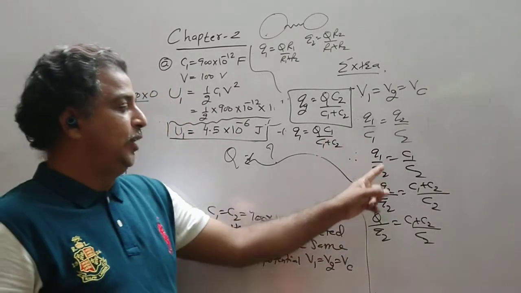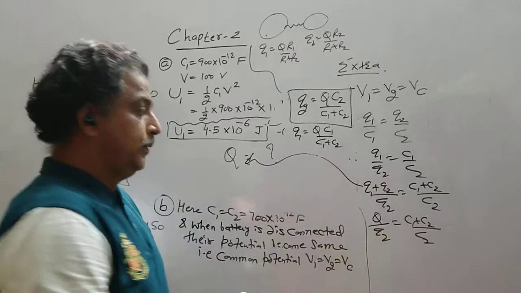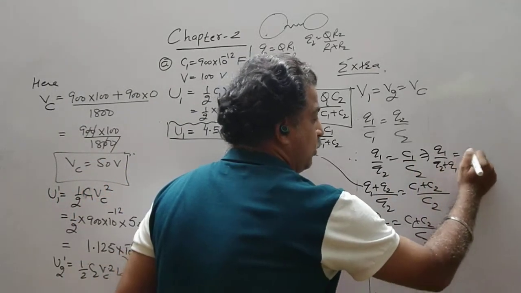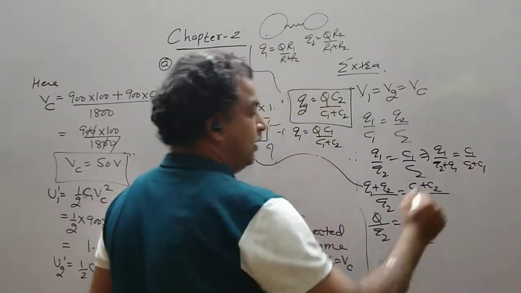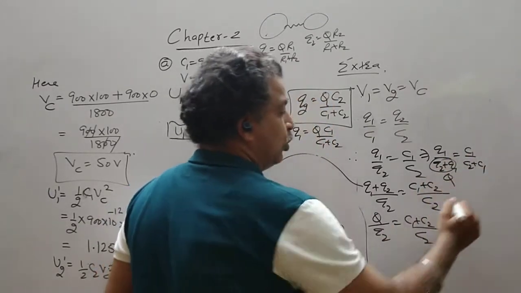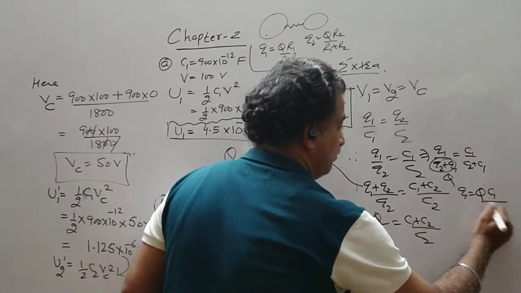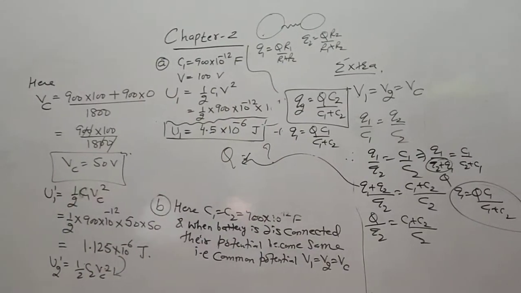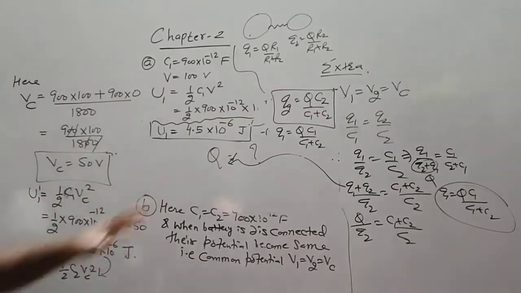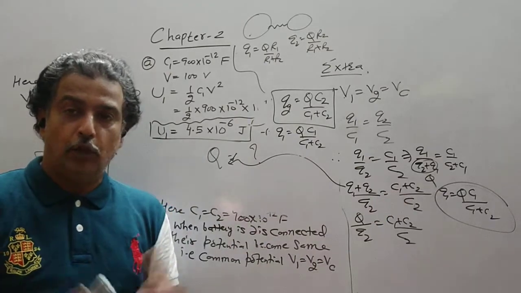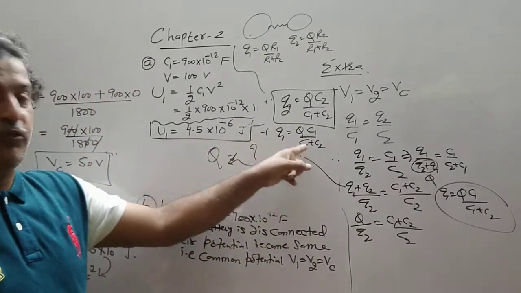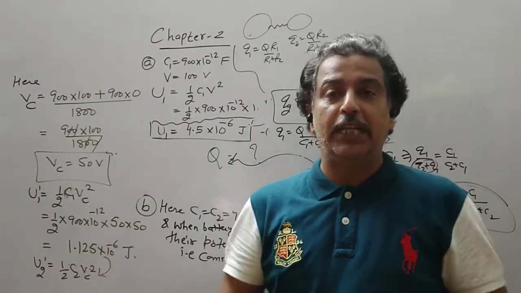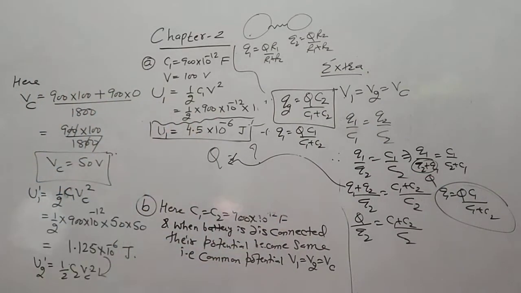So now you do in the denominator Q2 plus Q1. So this can be done like Q1 upon Q2 plus Q1 is equal to C1 upon C2 plus C1. Now this becomes capital Q. So Q1 is equal to capital Q C1 upon, wait, this you can prove like this portion. So this is the concept of charge. Now for this portion use this formula, you will see whatever total charge you have found, it will be equally divided. So this can be done by this method also.